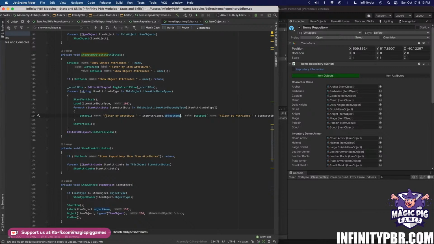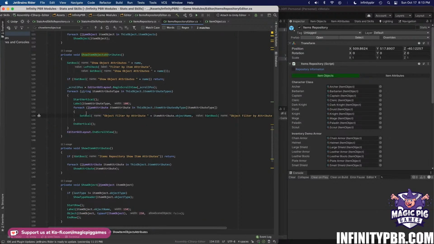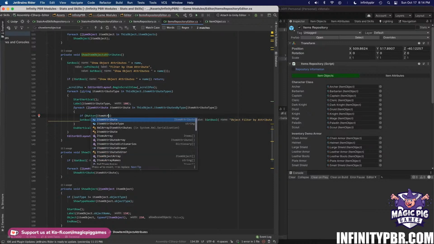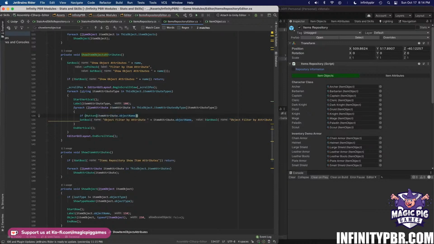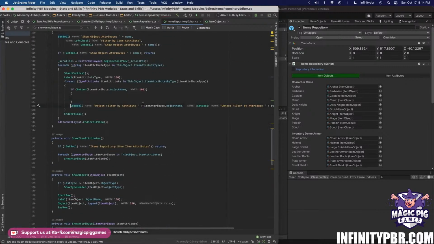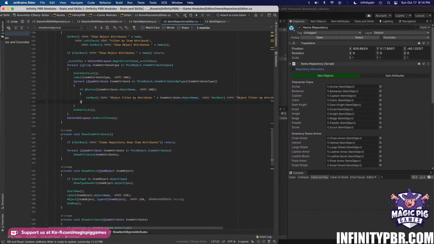And object filter. Okay, so if button item attribute dot object name size 100, oops, then toggle it, and